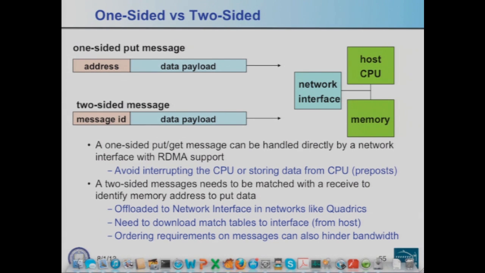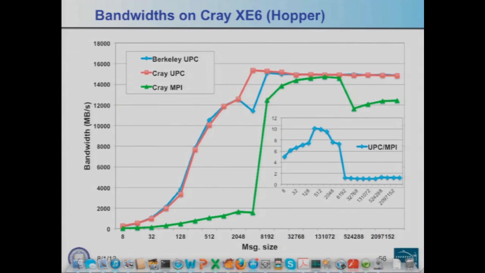Even in the lower levels of an MPI implementation, they will use an RDMA level because it's the most efficient mechanism. So you can think of this as exposing the most efficient thing that the hardware does inside of the programming language. This is what the bandwidth differences look like for Berkeley UPC, Cray